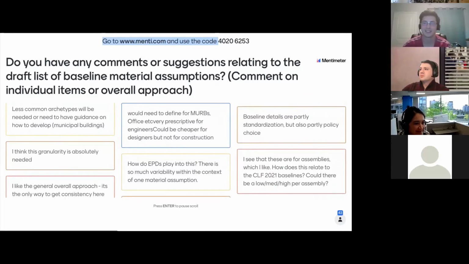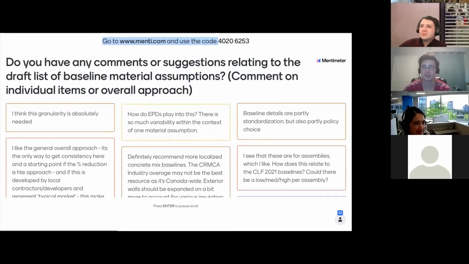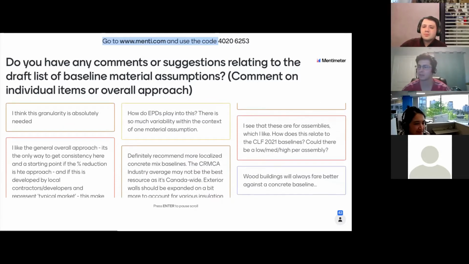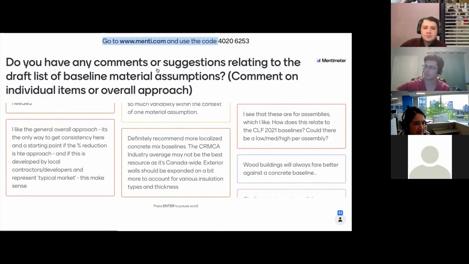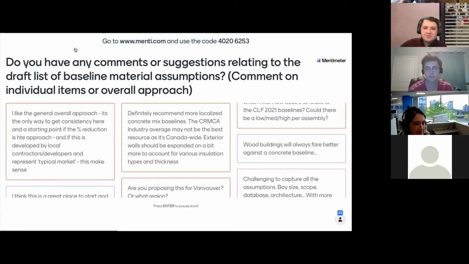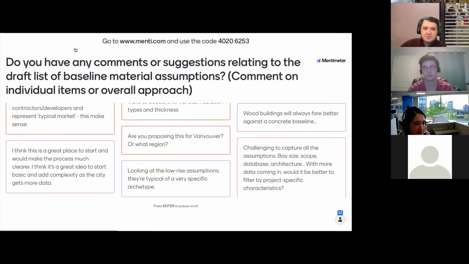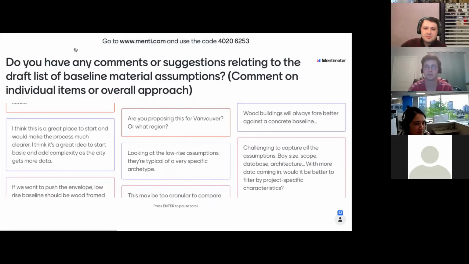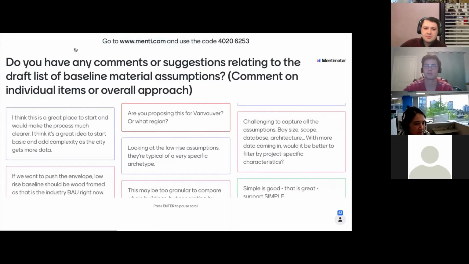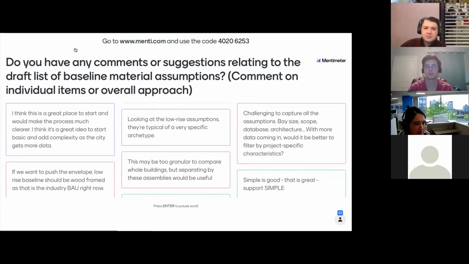I think she had her hand up. Hi, yes. Thank you. I just wanted to comment a little bit more about wood. I can see there's a lot of discussion about all the details of the baseline, but this looks like it really will favor wood in a really big way, especially the low-rise archetype, which could often be built in wood. But